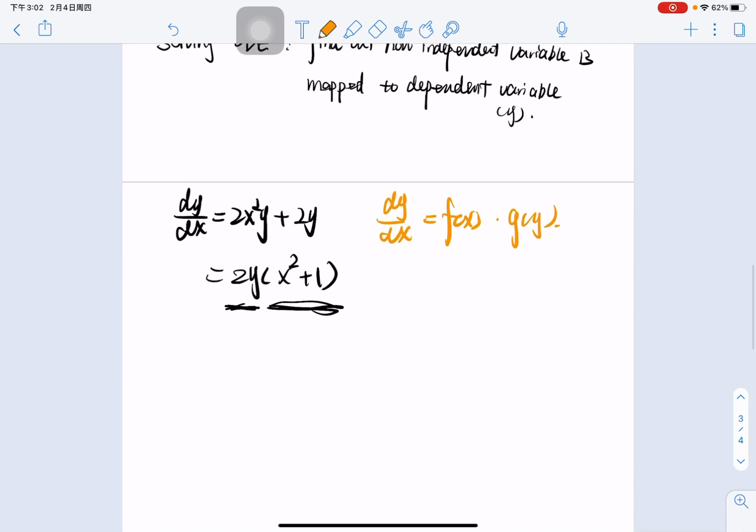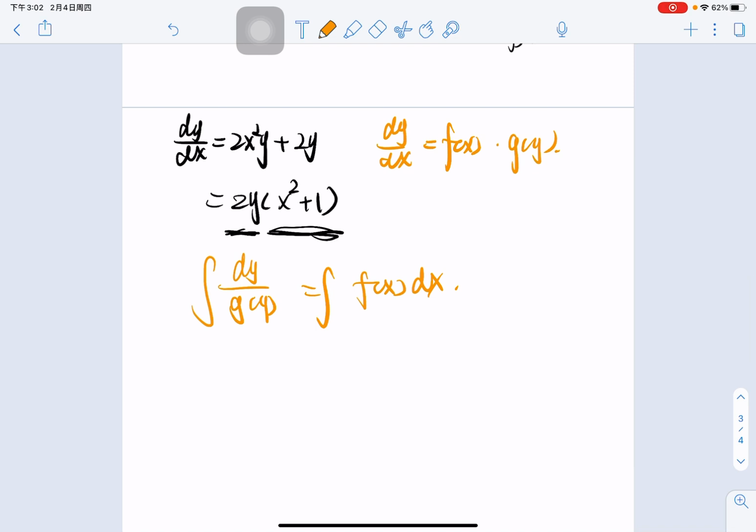So how do we solve it? We can use this formula: dy over g(y) equals the integral of f(x) dx. So here we have g(y) equals 2y and f(x) equals